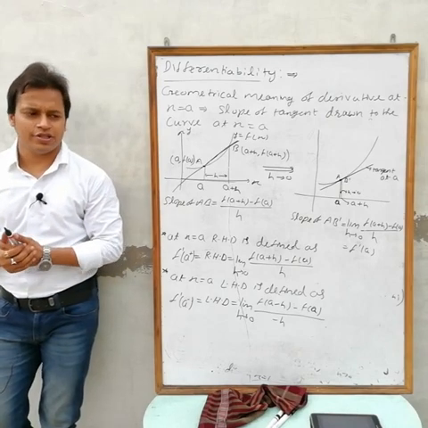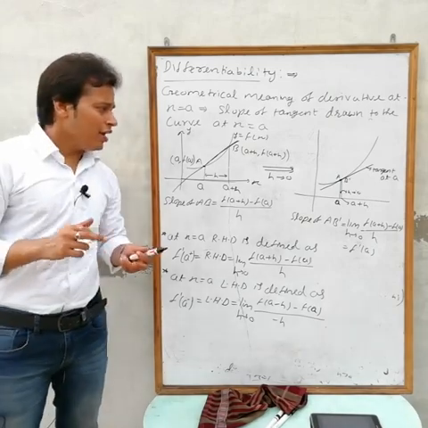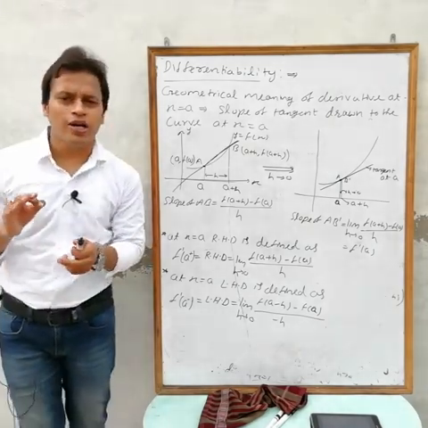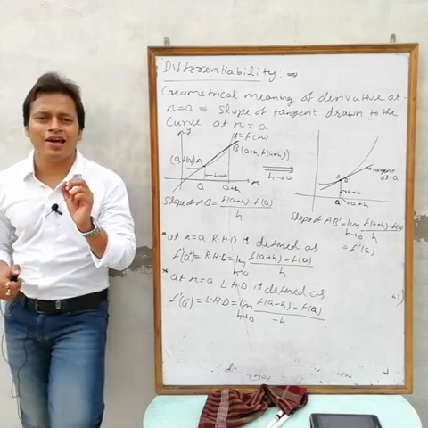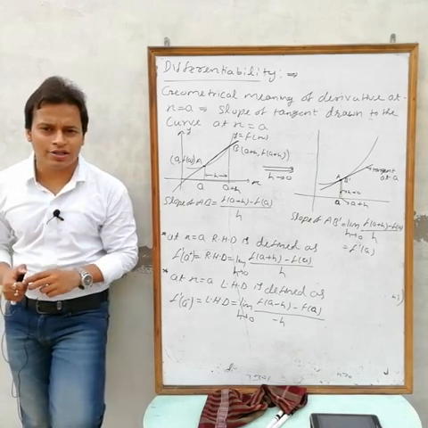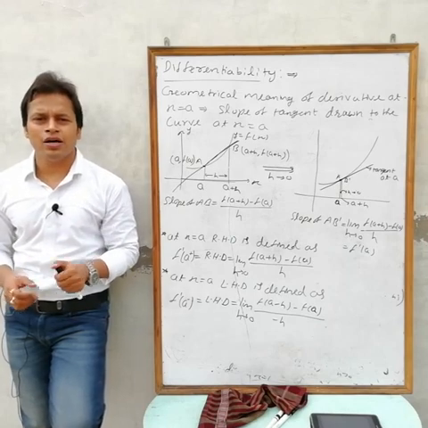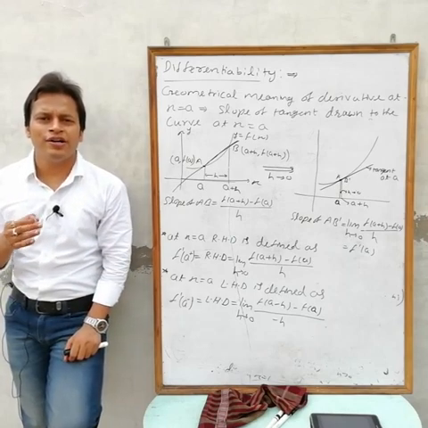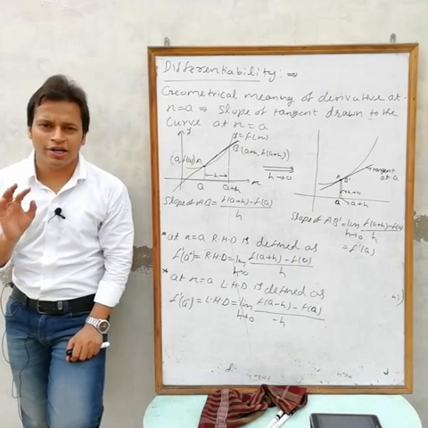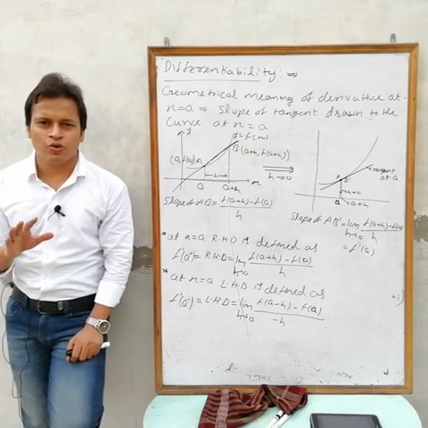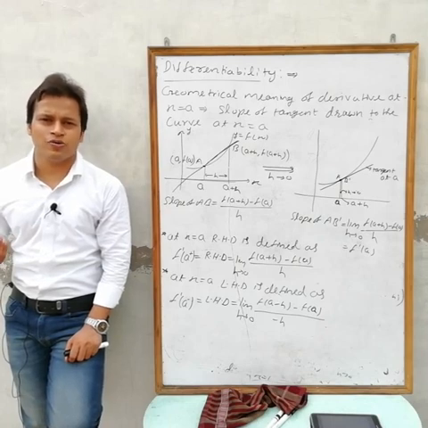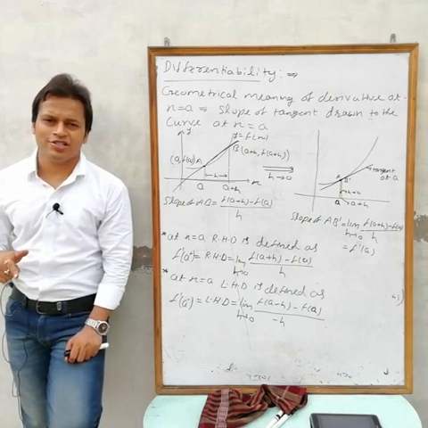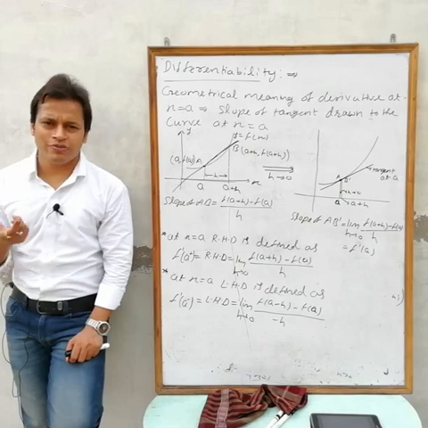Now see, any function is said to be differentiable at x equals a if LHD is equal to RHD, because that is clear. At any point, if you find the derivative, then always you will get a unique derivative. It is not possible that the derivative of sin x is cos x and minus cos x both. If you differentiate sin x, what will you get? Cos x, it means a unique value.